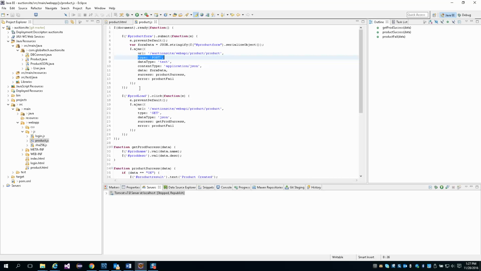If you look below here, we're going to have another function for when we click that load product button, and you see that it goes to the same URL, but because the type is get, you will see that we can actually have 2 identical URLs, but it will do different things based on whether the call is a get or a post. So that's basically why I'm doing this. We'll come back later and rename this to something like create product or load product or something that's a little more helpful to us. But I want us to see the difference between